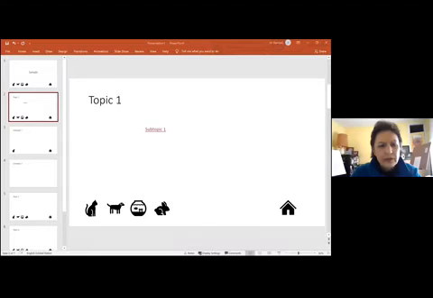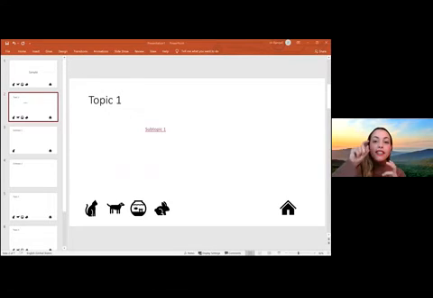Yeah, the whole idea is you're creating buttons. So instead of the clicking feature changing the slide to the next one, you have to click a button to get to a different slide. So I'm not sure if you were here for that part, but